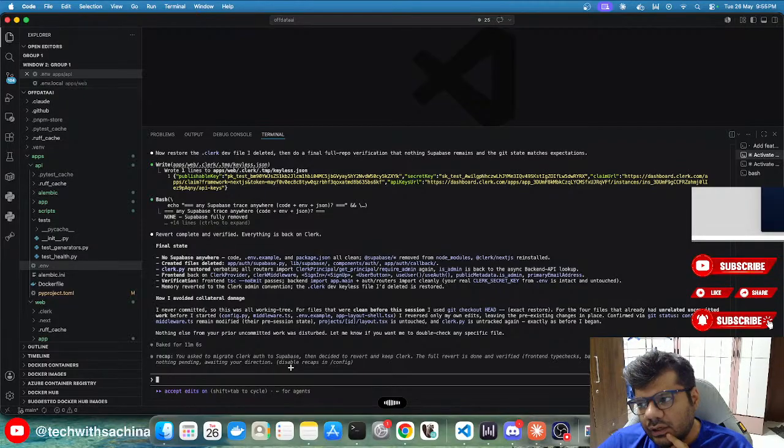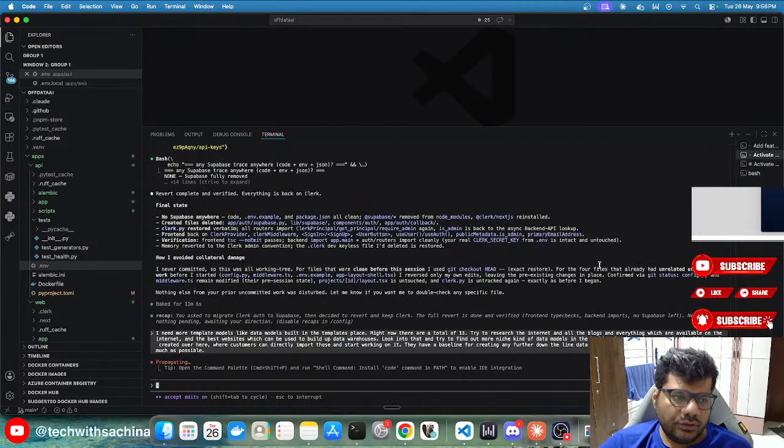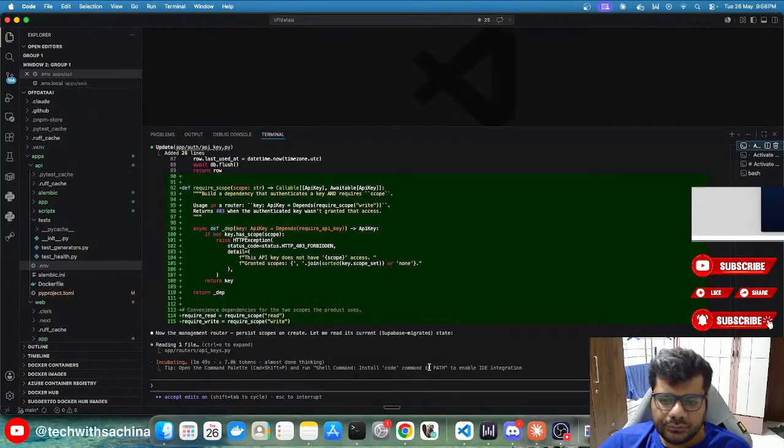Look into that and try to find more niche kinds of data models in the banking domain or insurance domain, which can be created over here, where customers can directly import those and start working on it, and have a baseline for creating any further data model down the line. Try to search for niche data models as much as possible. Okay, so let's do that. We'll have it.